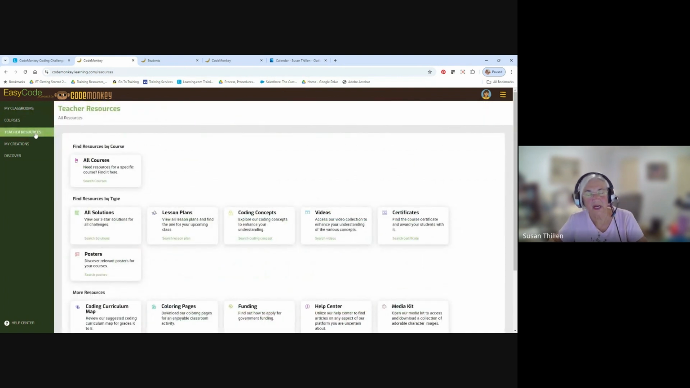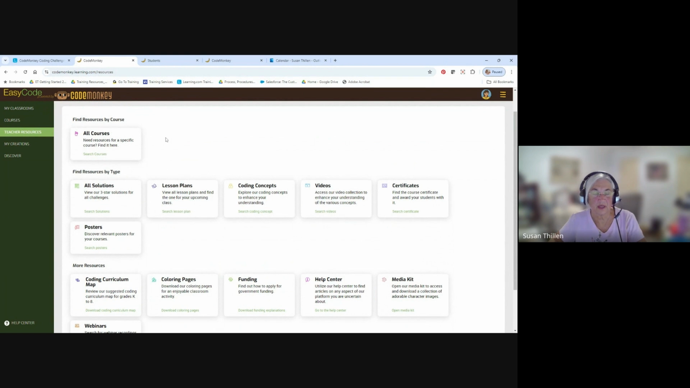So again, they've assigned it to a class. They have used the link in the class to launch it. So that play button on their assignment page is going to launch them into the CodeMonkey interface. And then on the left, they would find teacher resources. This is where all the resources are. There are a lot of different ways that they are able to get information about any level that they would want to have. So under all courses,